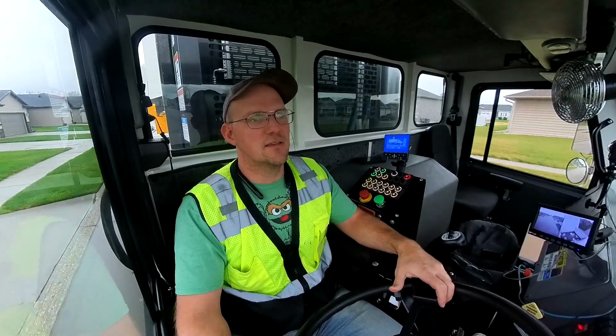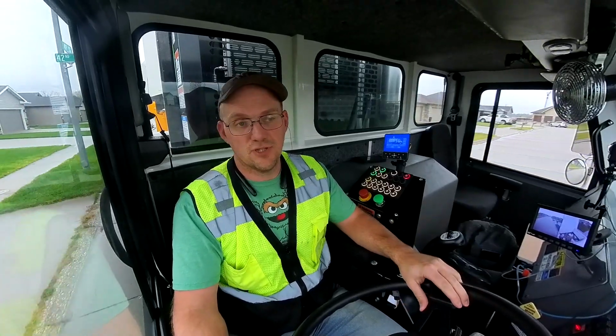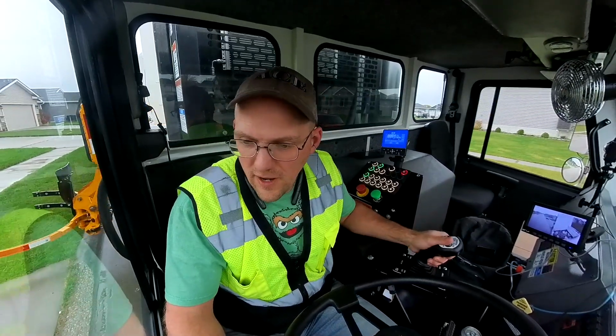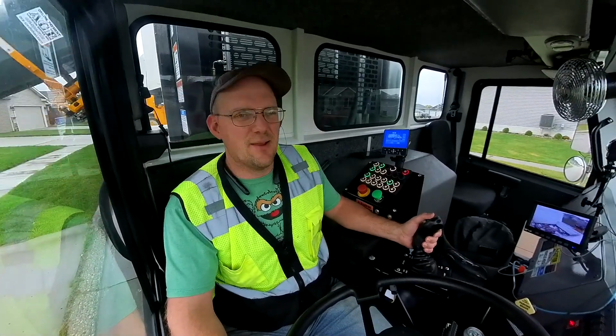But there's a lot of glass, so overall you have a lot of visibility. I do appreciate that. The cab is very roomy and spacious. That's nice. What I would recommend, and this is to anyone who designs trucks, is to